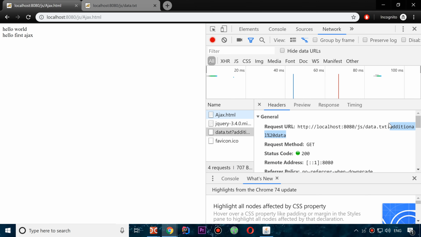And now, if I reload my page, you can see that there is some additional data. Yeah, there it is. So it was sent in our URL, the usual way, adding some information to the URL at the end. So we can send some additional data to our server if we need it. And also we can